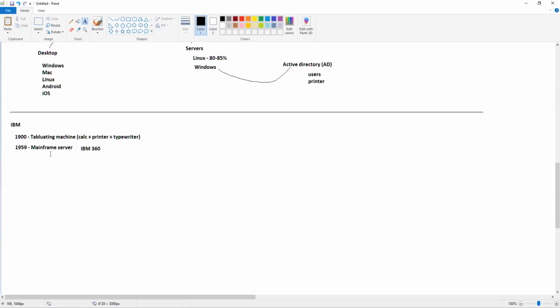So IBM actually got the servers. Now, in order to work on the servers, you didn't have an operating system back then. The operating system was also invented by two geniuses, Ritchie and one of his colleagues. We'll see that tomorrow when we talk about the history of the operating system, which is our Linux. Right now, we are just looking at the different types of server hardware that have been invented, which paved the way for what we have right now. Whatever we have would not have been possible without the groundbreaking inventions these companies and people made.